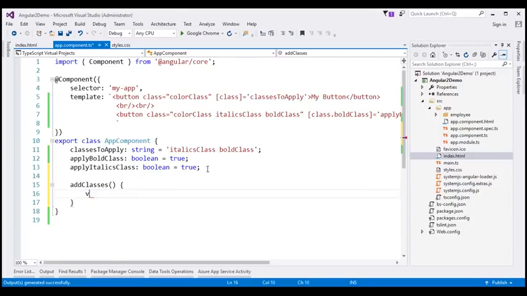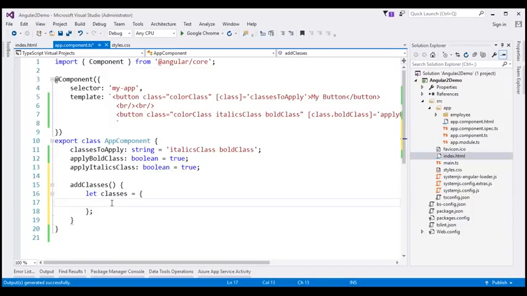Now we can also use the var keyword to create the variable, but using let is going to help us avoid some of the issues that we run into when we use var. There are several differences between let and var. We'll discuss that in a later video, but for now understand let is another way of declaring variables in JavaScript. And I'm going to name our variable classes, that is the list of classes that we want to add or remove, and I'm going to initialize this to contain an object, and this object is going to have key value